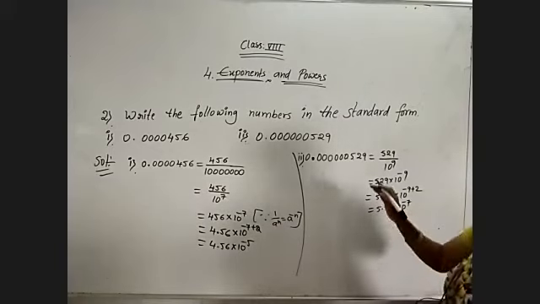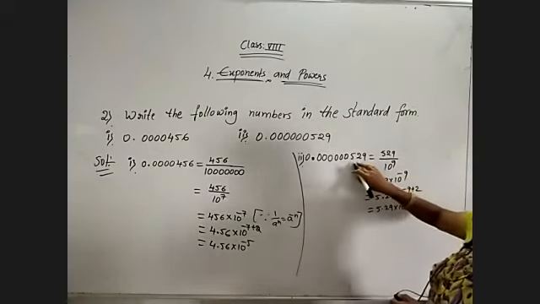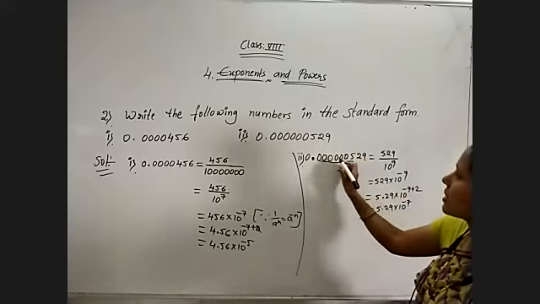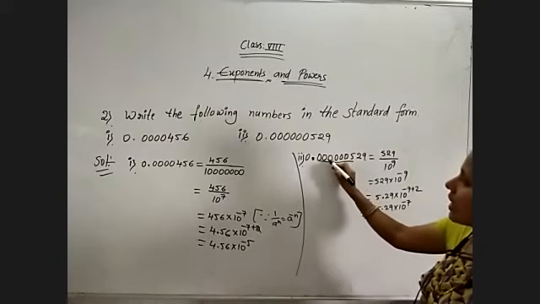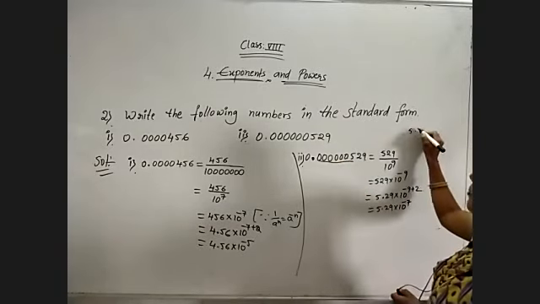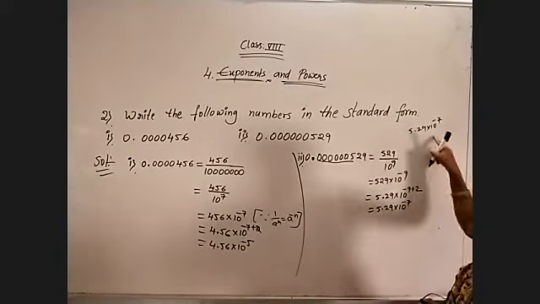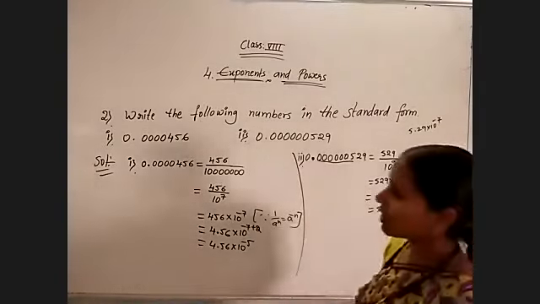In a simple way, 529 is a non-zero value, which means till 5 I need to take the point. So all these come under decimal digits, means 1, 2, 3, 4, 5, 6, 7. That is 5.29 into 10 power minus 7 I'll get. That answer only I got. Just observe. Now coming to the third problem.